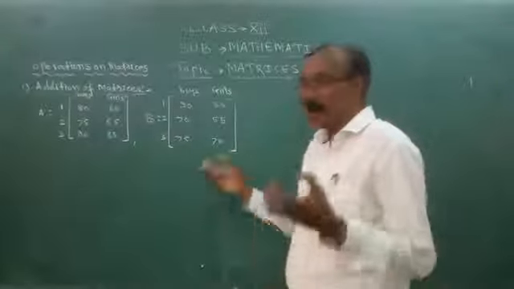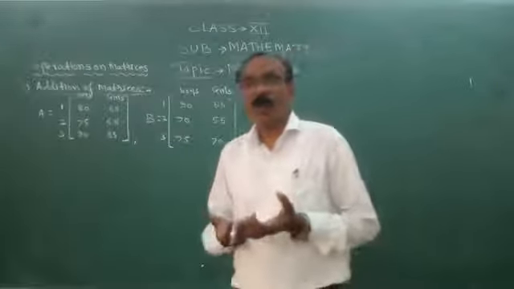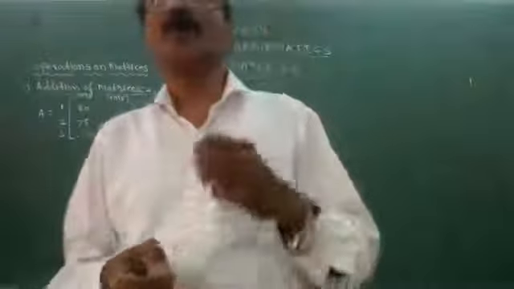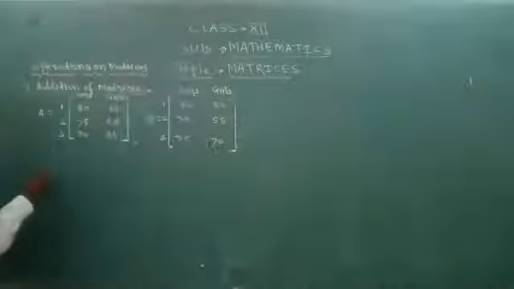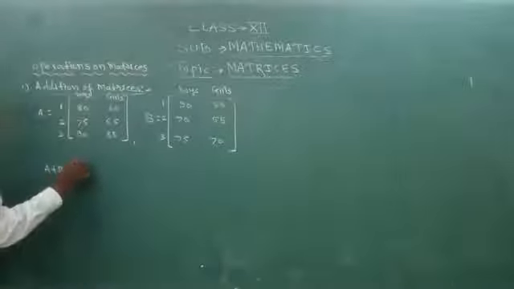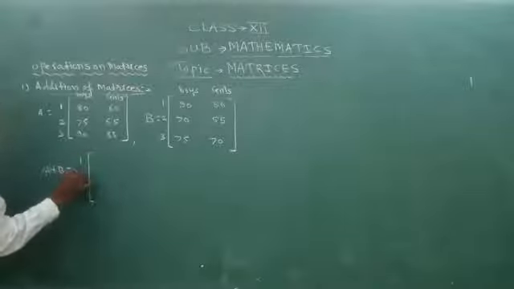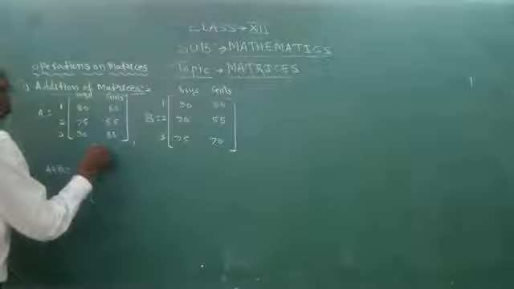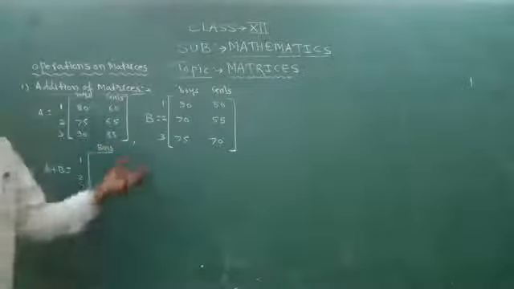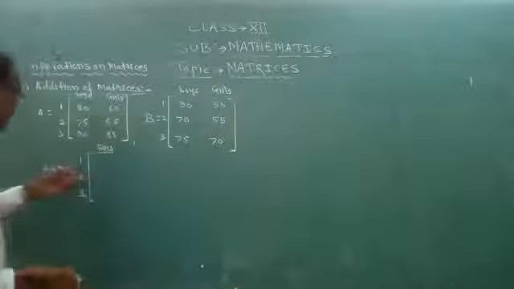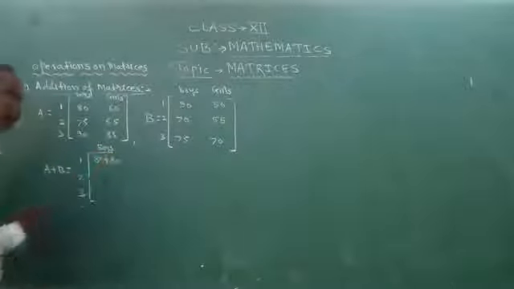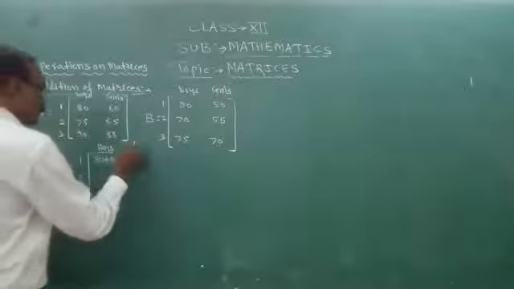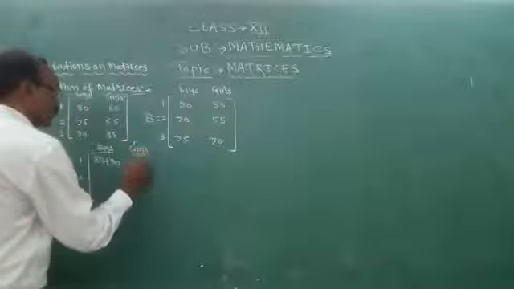Now, if he wants to know how much product factory A and factory B make combined, he will add A plus B. So it will be for price category 1, 2, 3. For boys, we will add the total number of shoes produced of price category 1, which will be 80 plus 90. Then for girls it will be 60 plus 50.